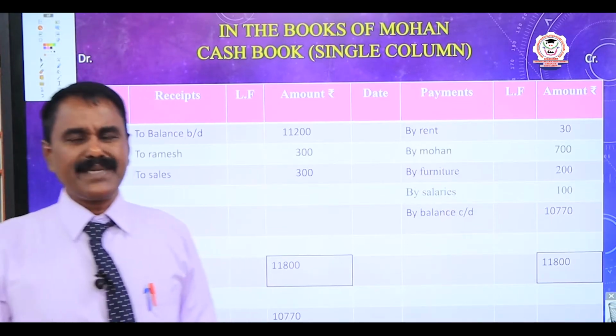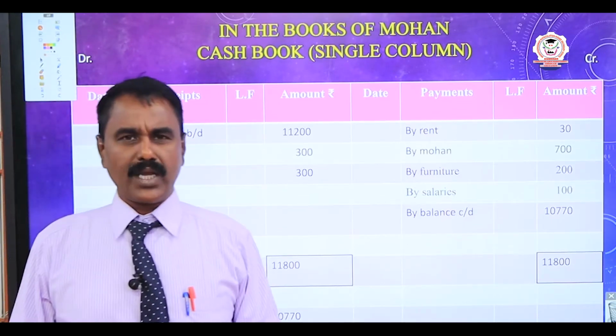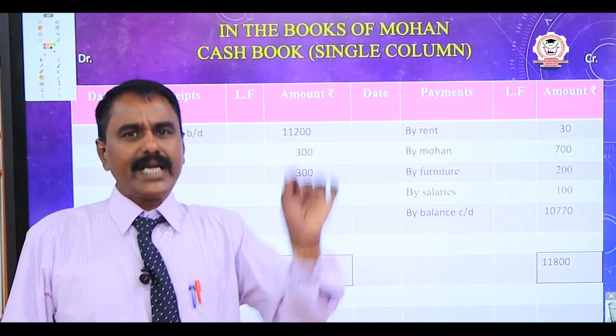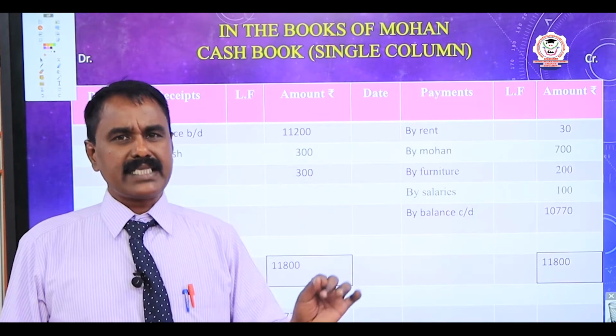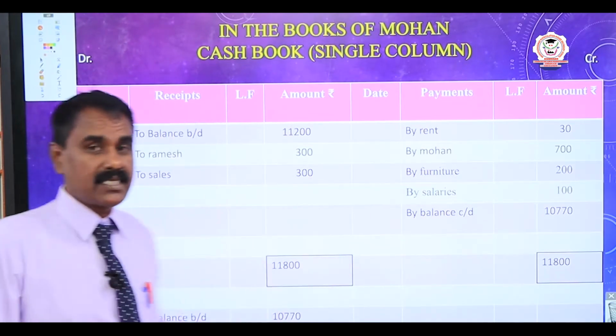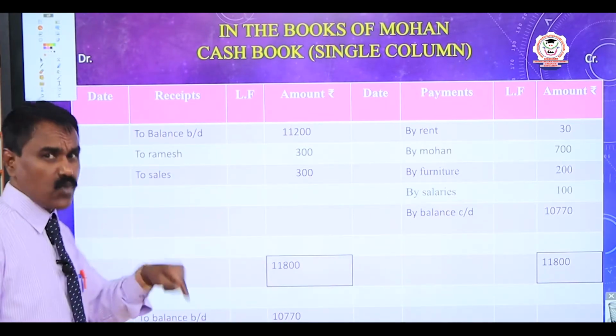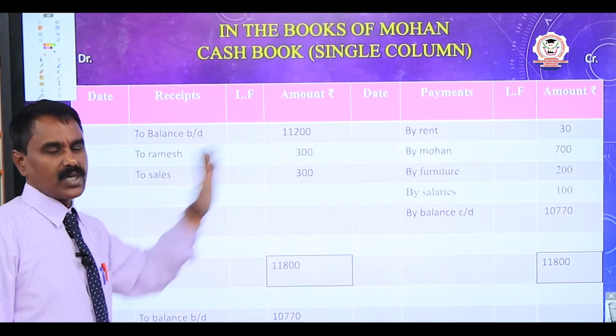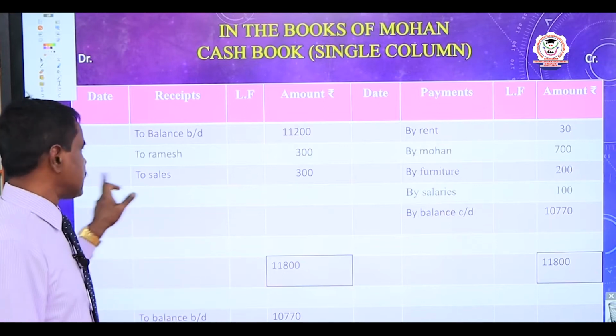So the first item in a single column cash book is the opening balance. It will come to the debit side because cash is an asset. So asset balance will come to the debit side. We write To balance b/d 11,200. Understood? Second one is